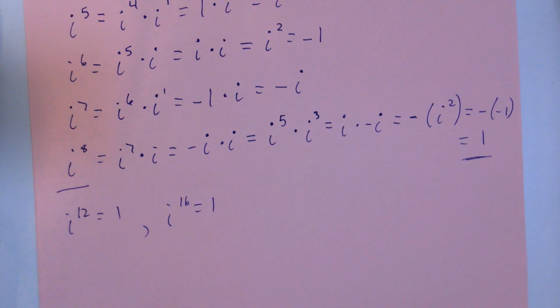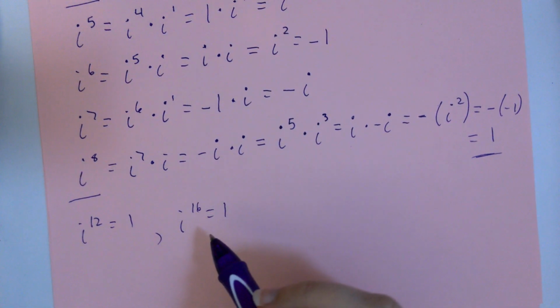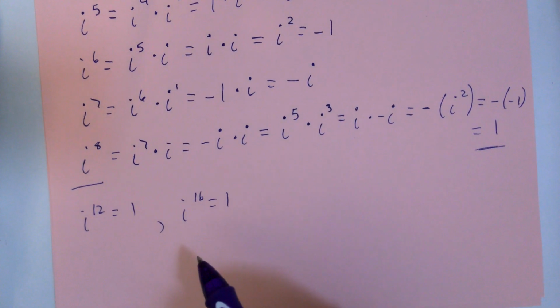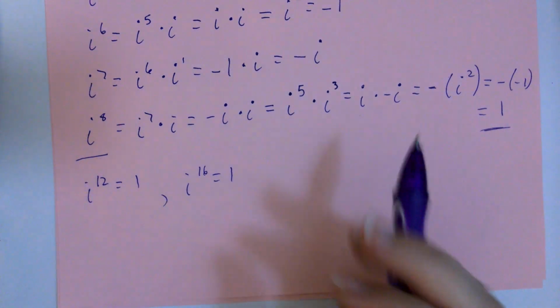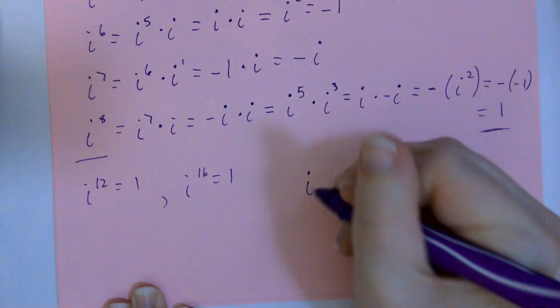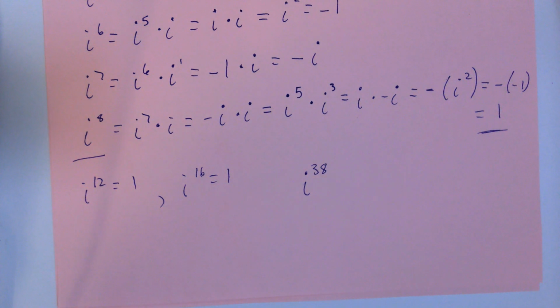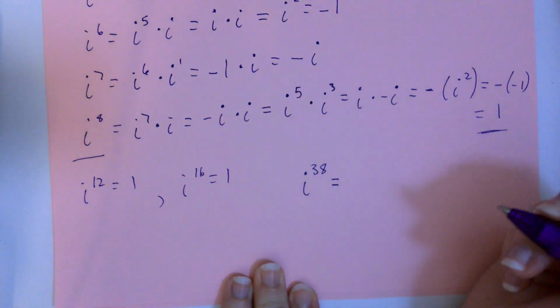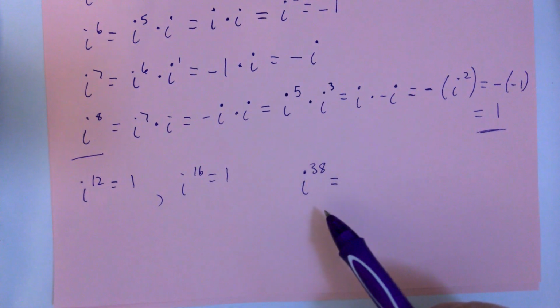So basically, we can use this cycle to sort of shortcut to solve, like, what's i to the 38th, for example, which was one question in your packet. So if we have i to the 38th, well, what we want to do is figure out how many times